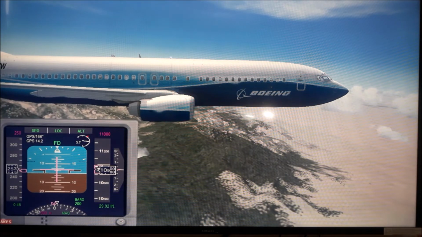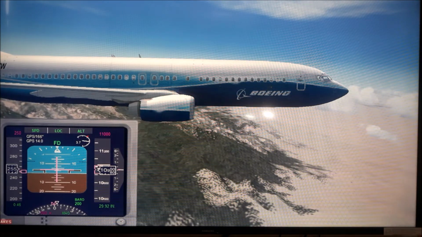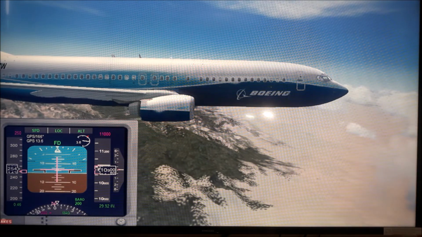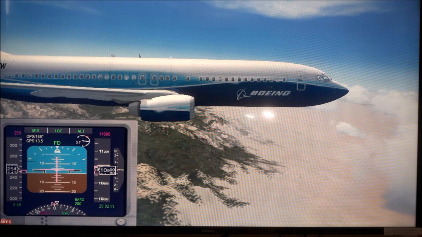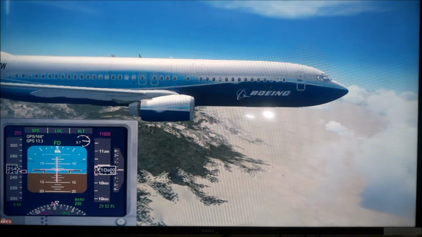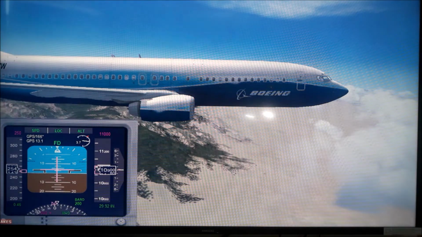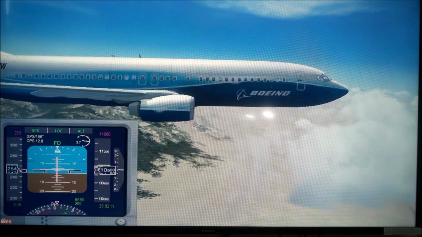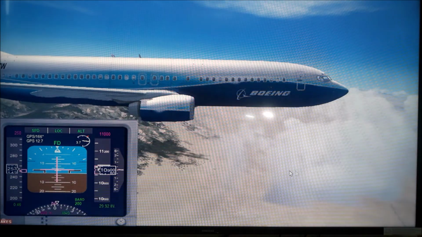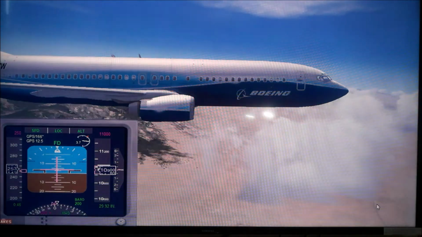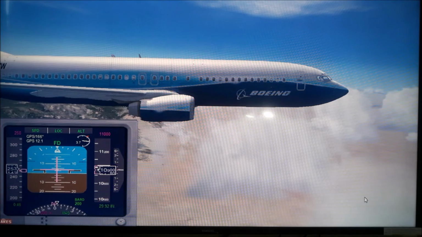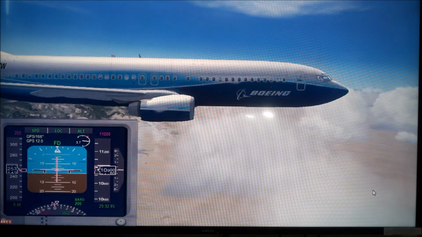Normally a flight will never go at this low altitude. It will always fly at flight levels of about 30,000, 35,000. But in this case, because of the short distance, we are only climbing to 11,000. Now that the mountains are over, we are reaching the valley. Now we are sloping into the valley. Now we will prepare for our landing.